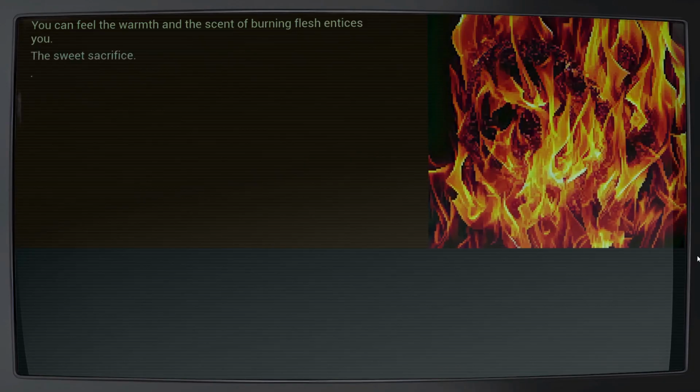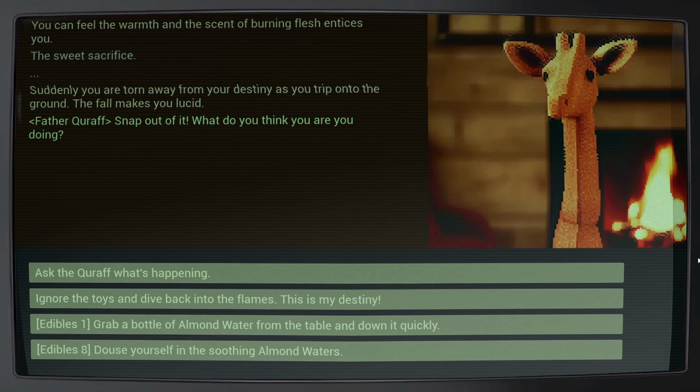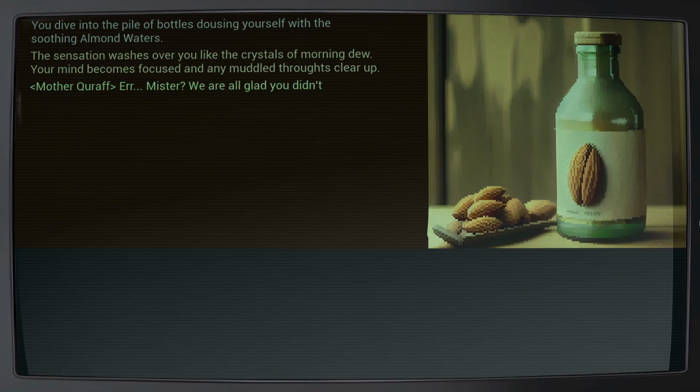Suddenly, you are torn away from your destiny as you trip onto the ground. The fall makes you lucid. Father Curaf, snap out of it! What do you think you are doing? Douse yourself in the soothing almond waters. You dive into the pile of bottles, dousing yourself with soothing almond waters. The sensation washes over you like the crystals of morning dew. Your mind becomes focused, and any muddled thoughts